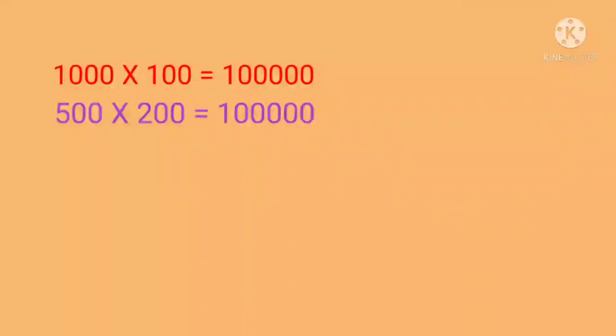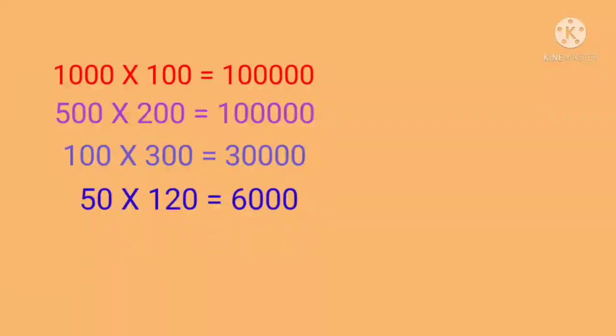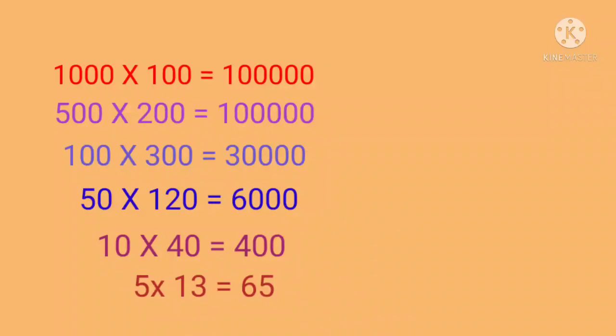For getting the remaining amount, that is 36,465, we consider 300 notes of 100 rupees. That is 300 notes of 100 rupees make 30,000. Now the amount becomes 2,30,000. Then consider 20 notes of 50 rupees. It makes 6,000. Now the total becomes 2,36,000. And consider 40 notes of 10 rupees. It gives 400 rupees. Then consider 13 notes of 5 rupees. It gives 65. Now the total becomes 2,36,465.